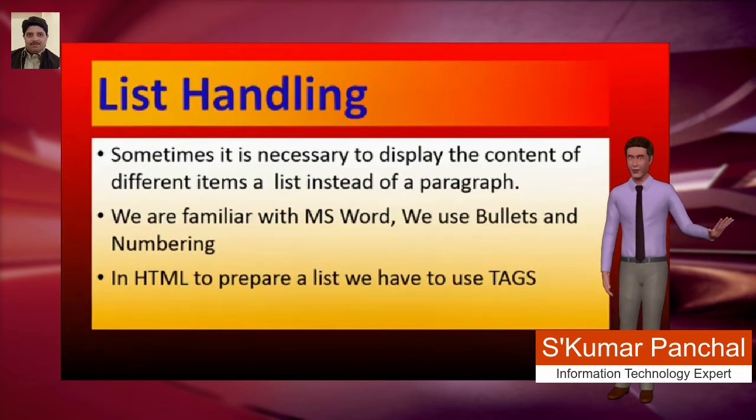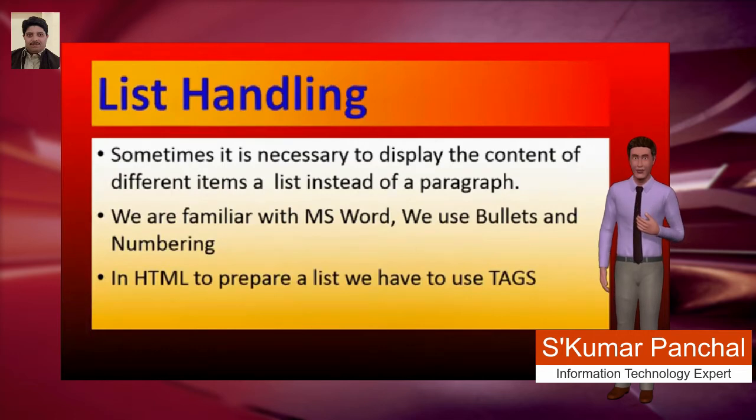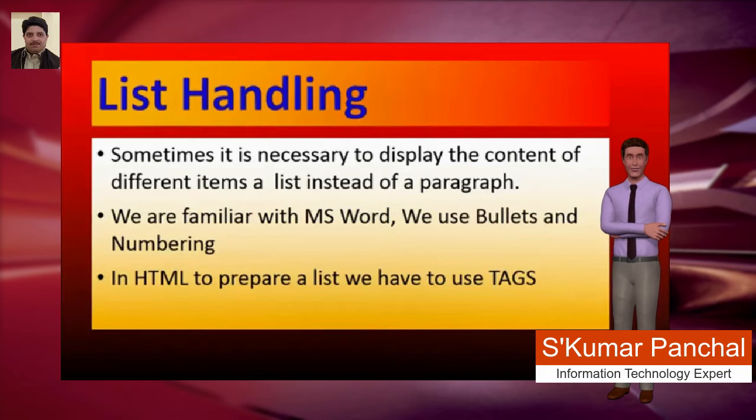Now suppose if we want to do the same thing in Notepad, then we have seen that even if we type the words, suppose first item is chocolate, second item is ice cream, third item is pastry, and we want to prepare the list of these three items, if in the Notepad we write it in separate, different lines, in the browser it will be displayed continuous as a single line, right?